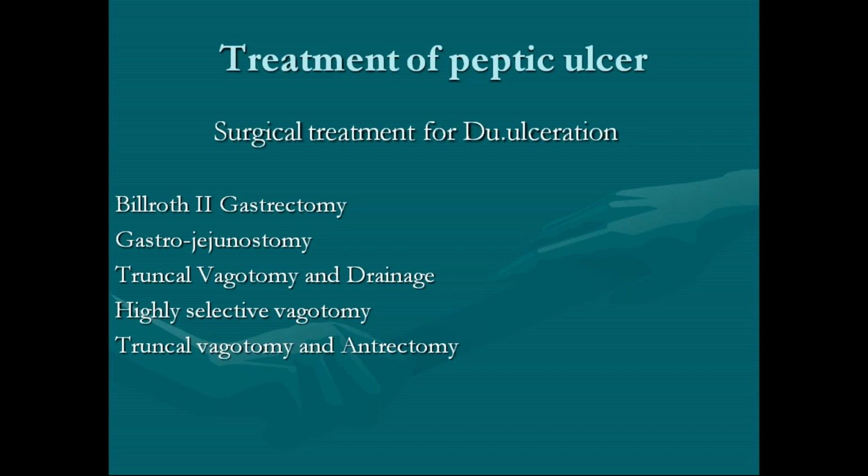This is about truncal vagotomy and drainage. Okay. Then coming to highly selective vagotomy. In highly selective vagotomy, what are you doing? You are cutting only the seromuscular branches, only the parietal cell mass. The parietal cell mass is the only part getting denervated. Okay. So you are saving the main part, and the remaining branches you are saving. So it is quite better when compared to truncal vagotomy, but it requires high expertise.